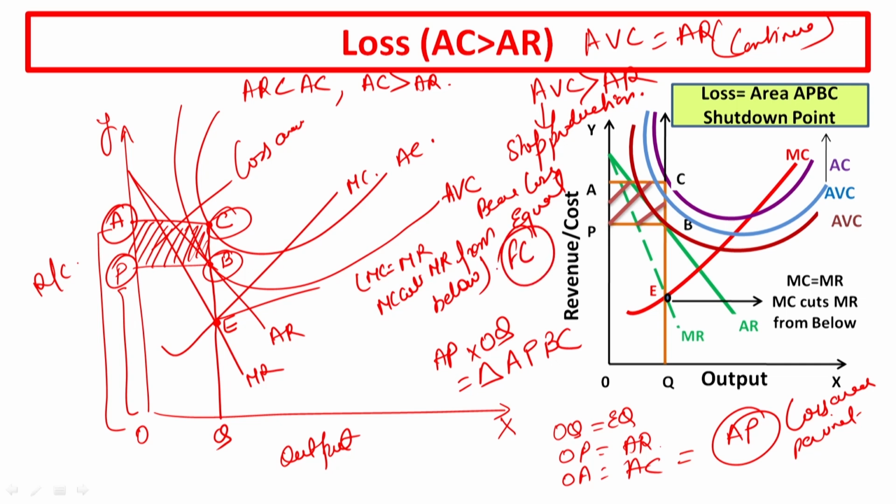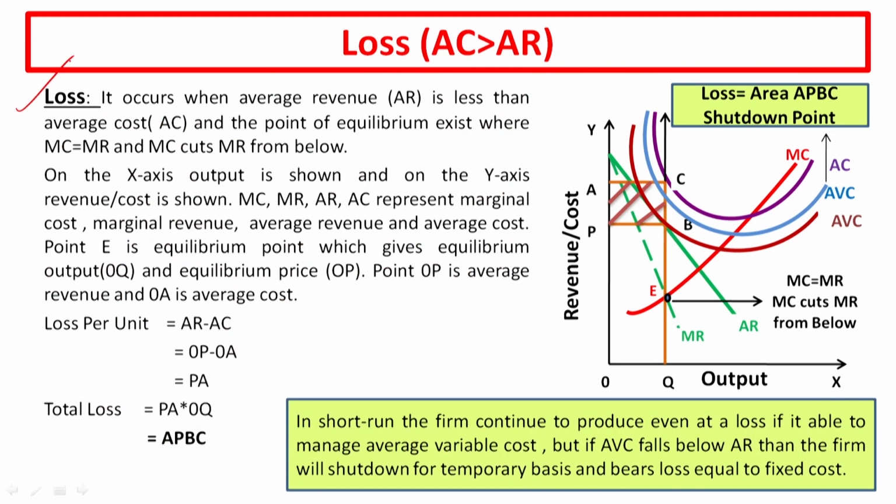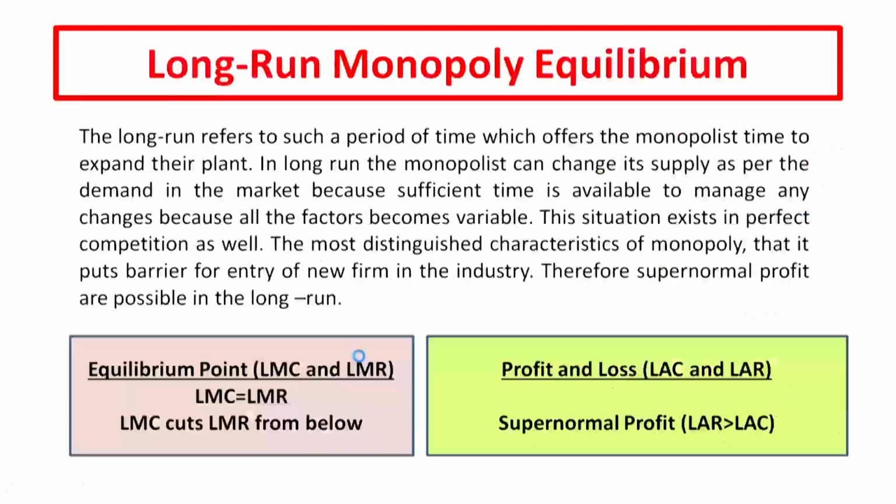If you are going to stop your business in the short run, you will bear expenses equal to the fixed expenses, that is, the fixed cost. So if your average variable cost is above the average revenue, as I am drawing this, at this point you should stop any production and bear expenses equal to the total fixed cost. So this is the diagram, this is the explanation, and this is the diagrammatic representation, and this is the shutdown point which I have just discussed by drawing the diagram.